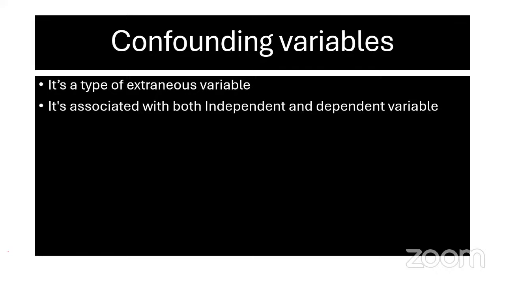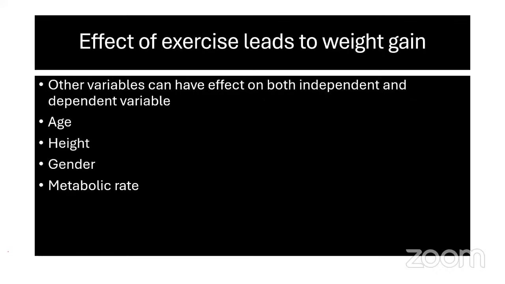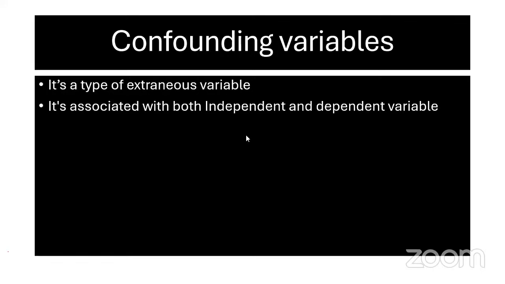बाद में याद आएगा कि भाई ओहो, वेरिएबल्स तो मैंने आइडेंटिफाई किए सिर्फ इंडिपेंडेंट और डिपेंडेंट, और मैंने एक्सट्रेनियस और कंफाउंडिंग को एड्रेस ही नहीं किया। इट इज एसोसिएटेड विद बोथ इंडिपेंडेंट एंड डिपेंडेंट। ठीक है, ये मजे की बात आ गई। स्लीप के साथ भी ये लिंक है और स्टूडेंट परफॉर्मेंस के साथ भी लिंक है। अदर वेरिएबल्स कैन हैव इफेक्ट ऑन बोथ इंडिपेंडेंट एंड डिपेंडेंट।